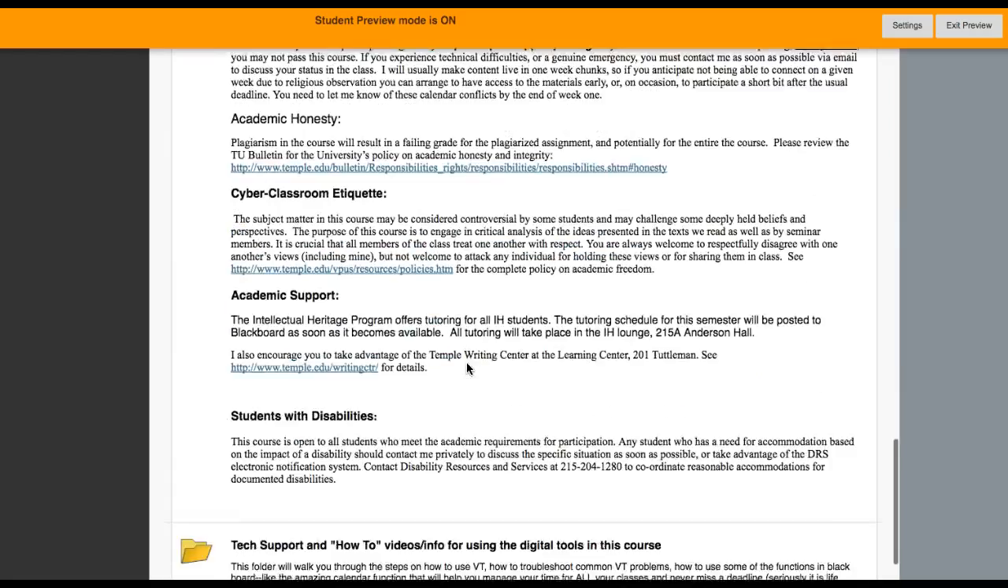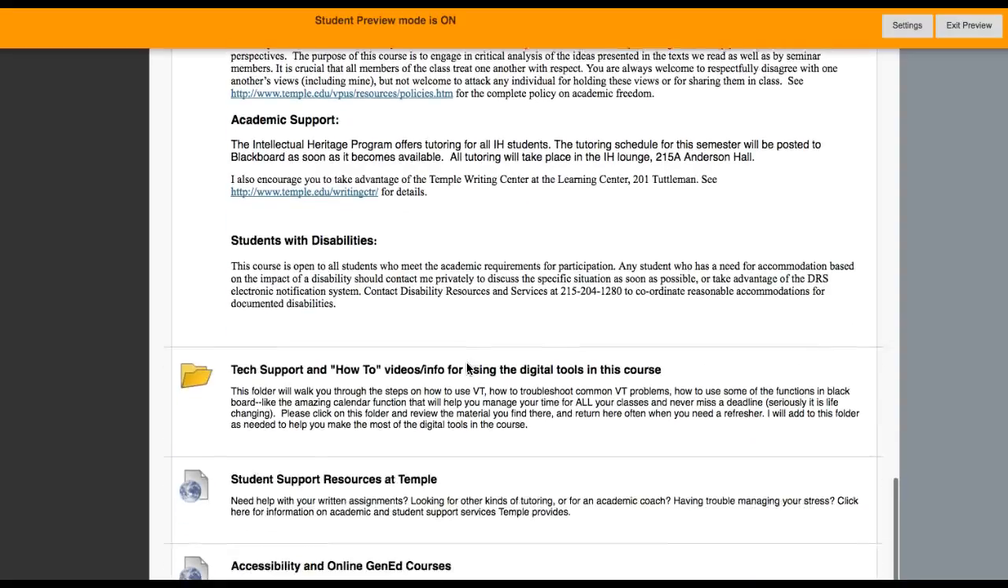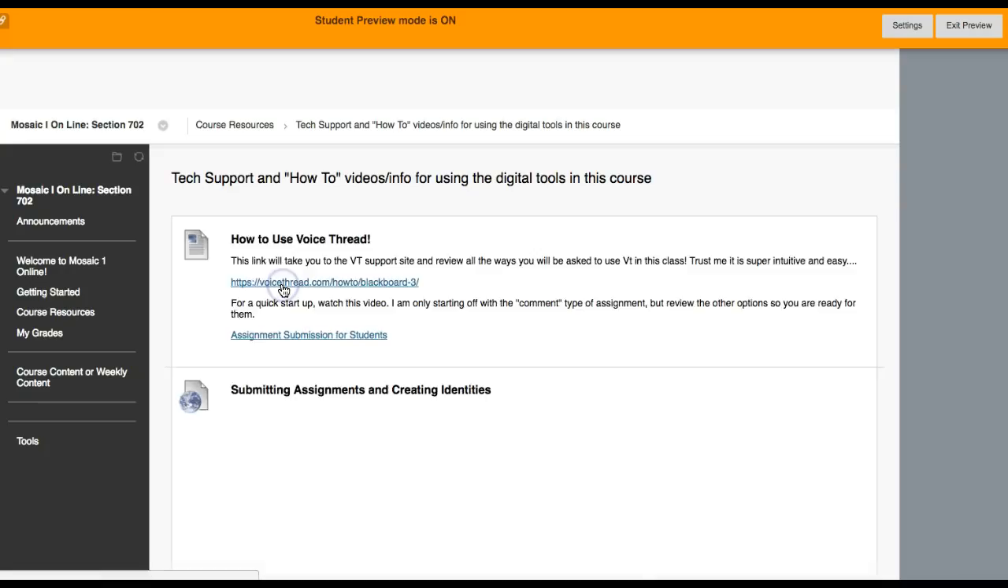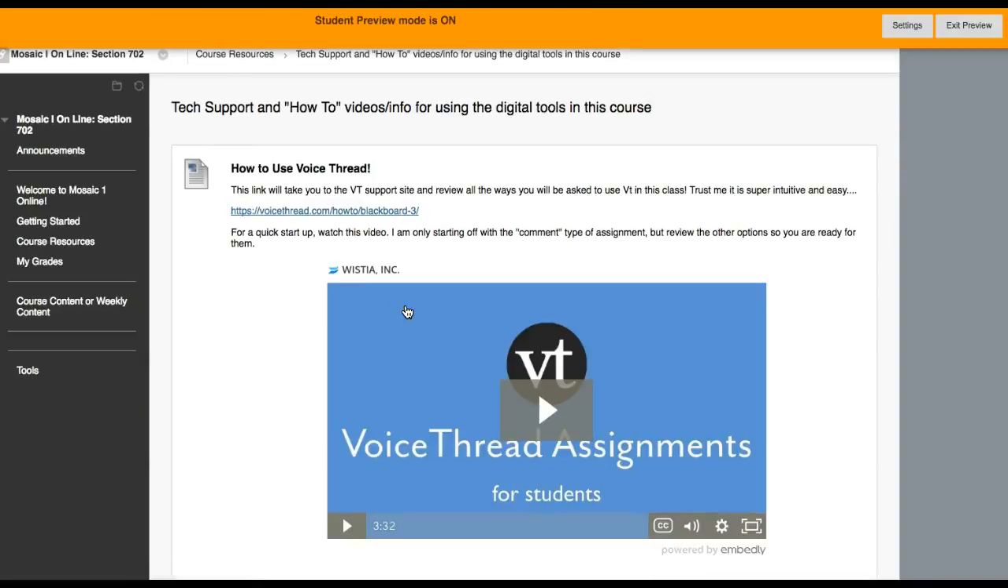Whenever you're in a particular tab link on Blackboard, make sure you scroll all the way down so that you've looked at all of the material that is there for you. This folder here is going to be a really important one to get familiar with, the tech support and how-to folder. If you click on it, like I'm going to do now, you will see that I've embedded instructions on